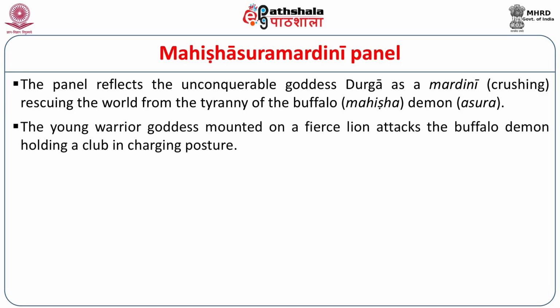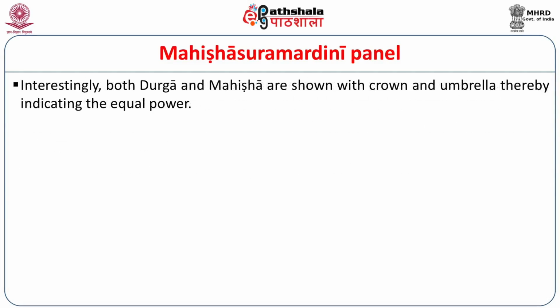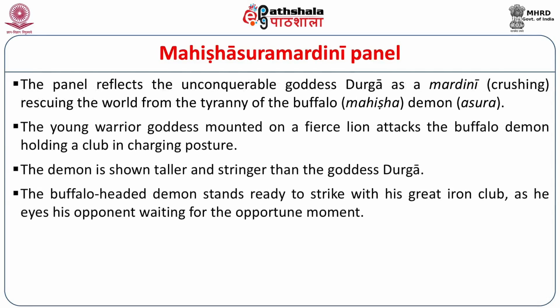The young warrior goddess, mounted on a fierce lion, attacks the buffalo demon, who holds a club in a charging posture. The demon is shown taller and stronger than the goddess Durga. Generally, both Durga and Mahishasura are shown with an umbrella, thereby indicating they are of equal power. The buffalo-headed demon, Mahishasura, stands ready to strike with his great iron club as he eyes his opponent, waiting